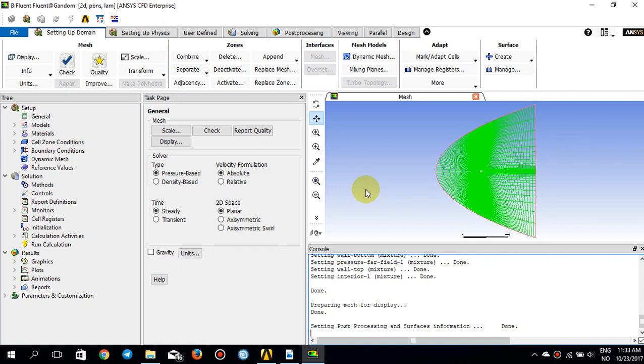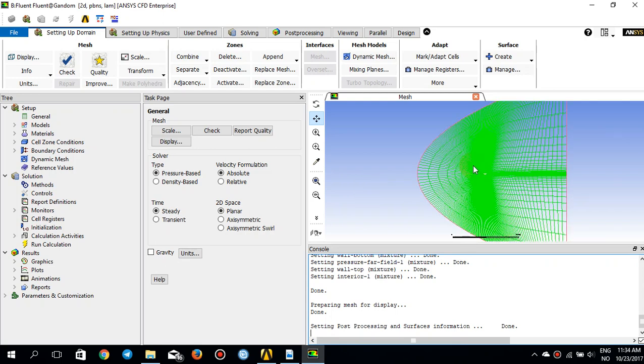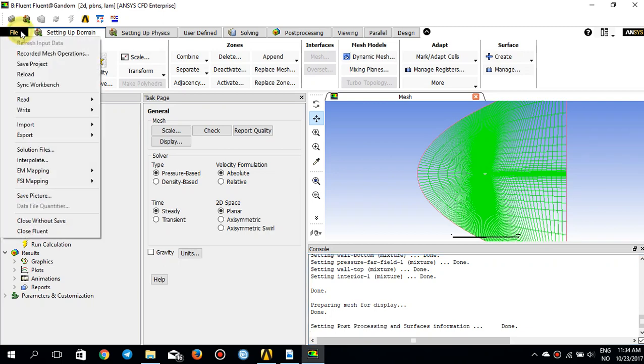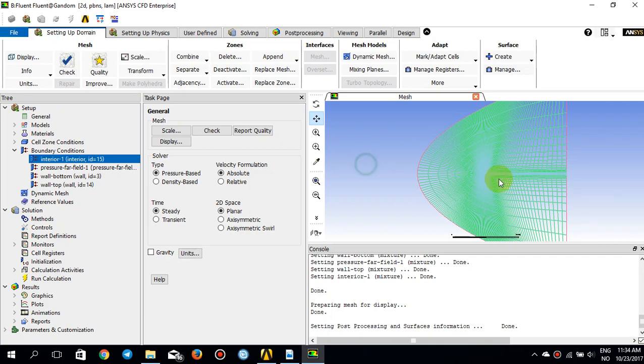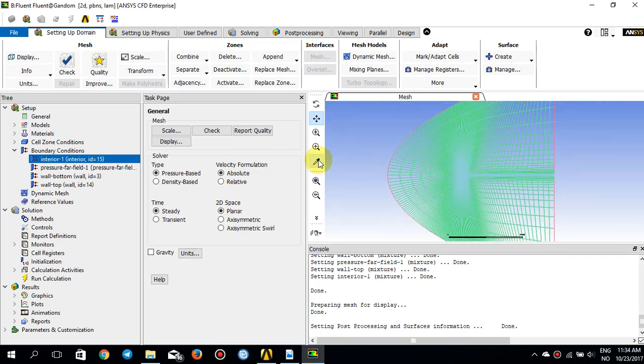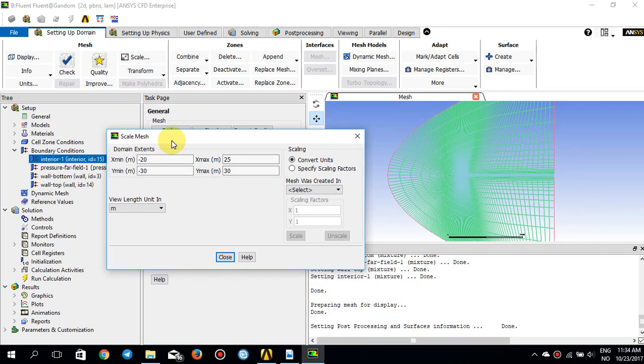Alright, this is a tutorial for an external flow over an airfoil, compressible flow over an airfoil. Actually, the geometry is just an airfoil and the mesh is already created. What we have done is just to load up the mesh in Ansys Fluent. And if you look at the mesh itself, if you go to, for example, scale, you see that the